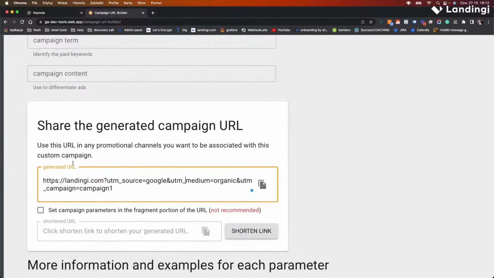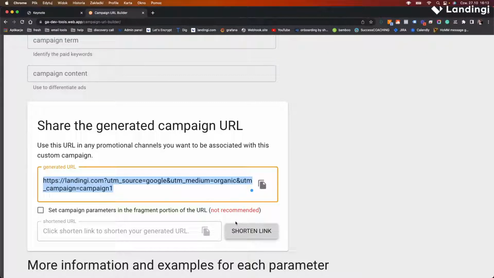But what if you figure that it's not very attractive, that URL? It's too long. It may look suspicious for some of your visitors, especially while you're posting on social media, when you're driving the traffic through your social media. The very good idea is shortening the link.